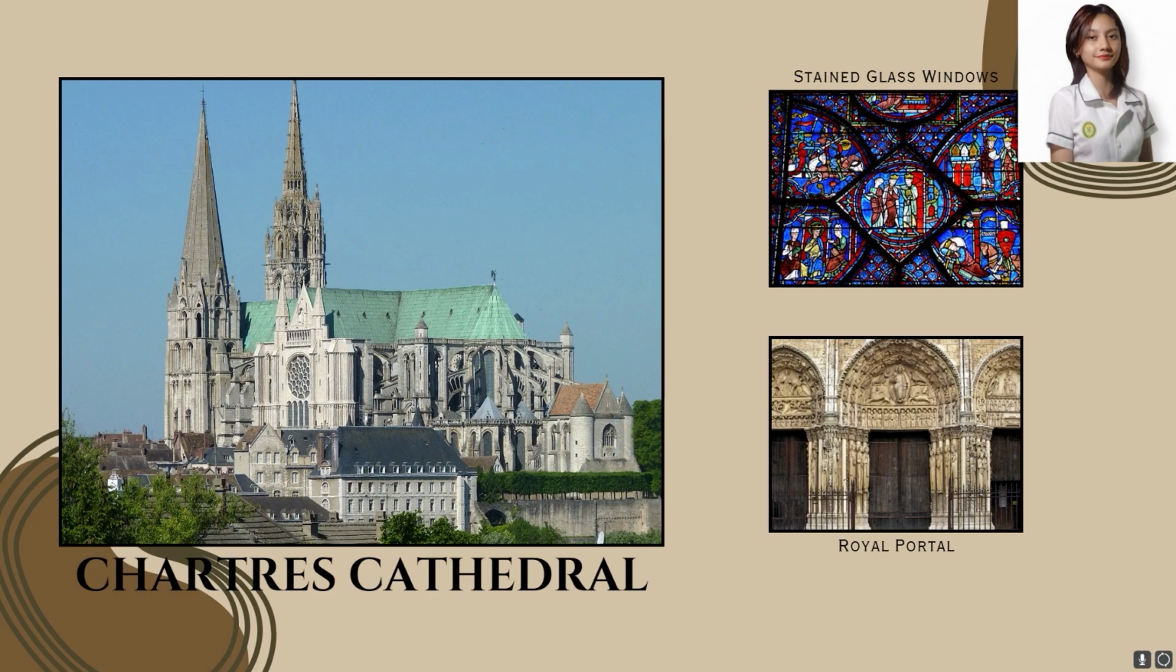So, one of the things that Chartres Cathedral is famous for is its remarkable collection of stained glass windows, with around 176 windows dating from the 12th and 13th centuries. Next, it also has a royal portal. The west facade features the royal portal, adorned with intricate sculptures that depict scenes from the life of Christ and